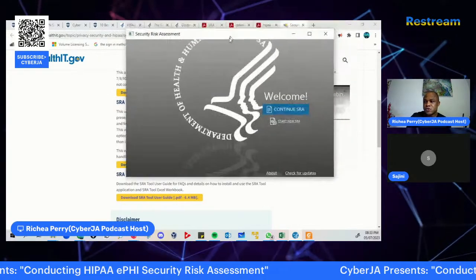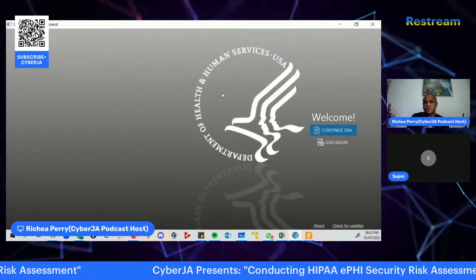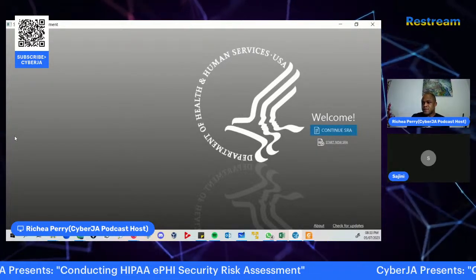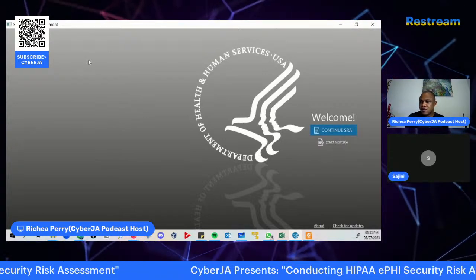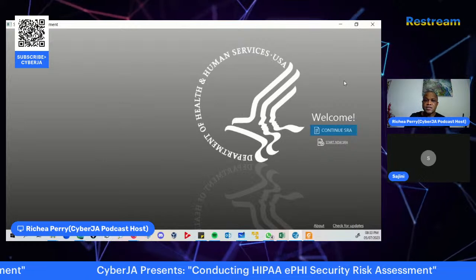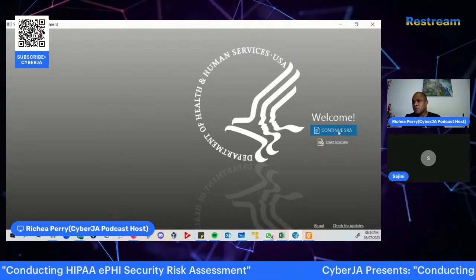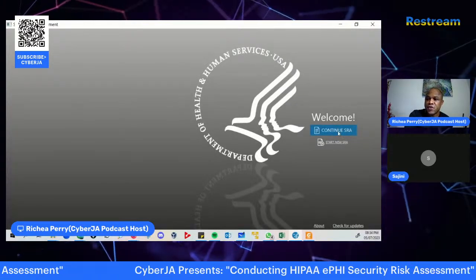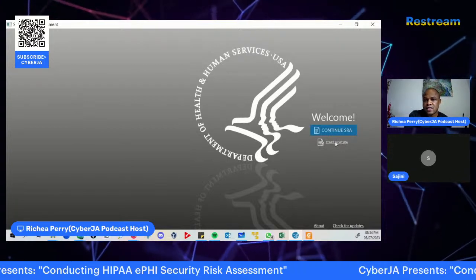So once you download and install this particular tool, this is what the tool actually looks like. All right, so that is your tool. Once you complete the installation, you have two options: continue with your security risk assessment, or start a new security risk assessment.